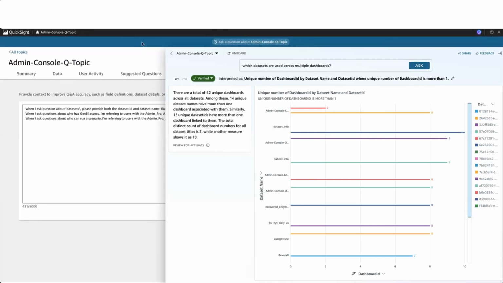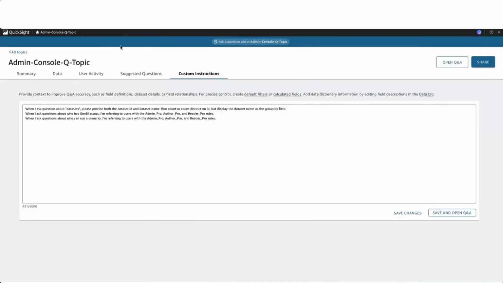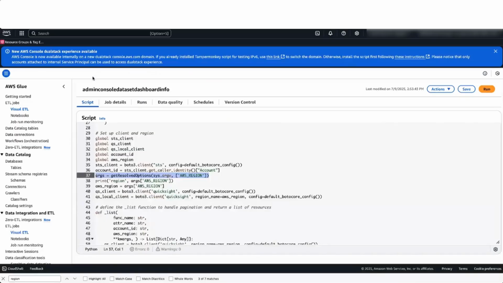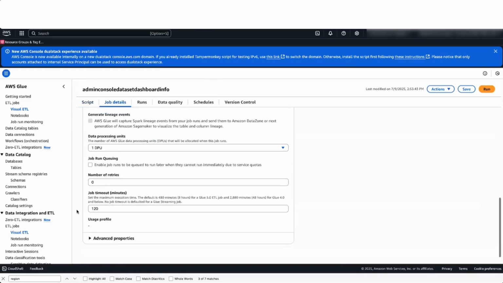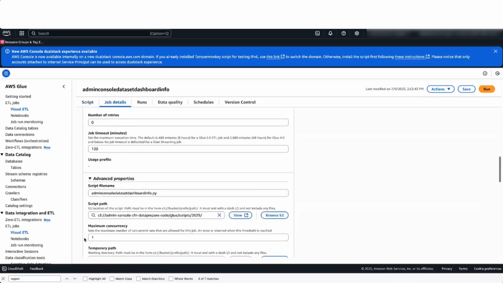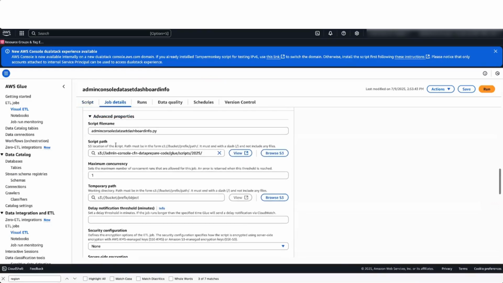Here are the tips and tricks for the advanced technical side of Q. And now I will explain a little bit more about the Glue job and the Athena query. So in the Glue job, if you scroll down in the advanced properties, you can see